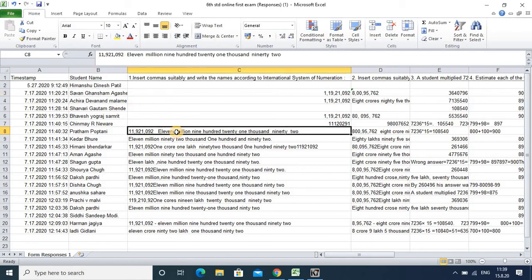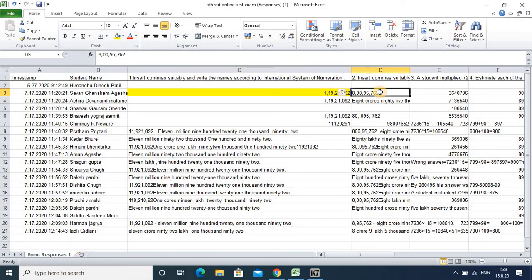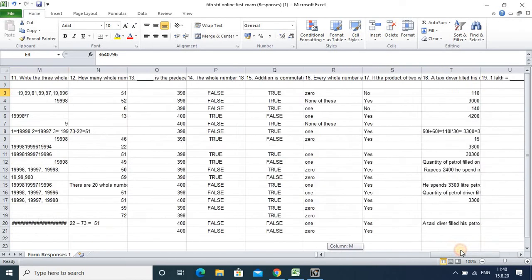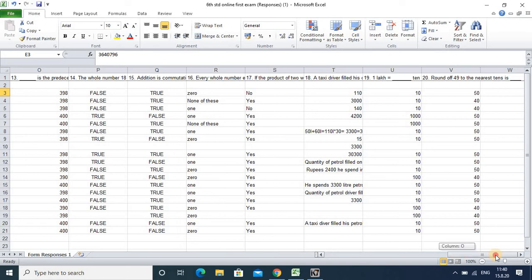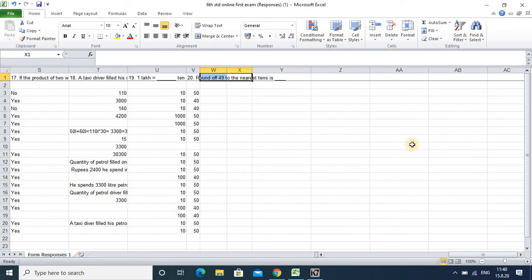Suppose you are checking this student's paper and we assume this answer is right. You have to give color there, and suppose the next answer is wrong, so you don't give the color. Suppose again this answer is right, you can give the same color. So at the end, suppose only two answers are right, then at the end you have to write a separate column, total. So here at the end you can write the total,